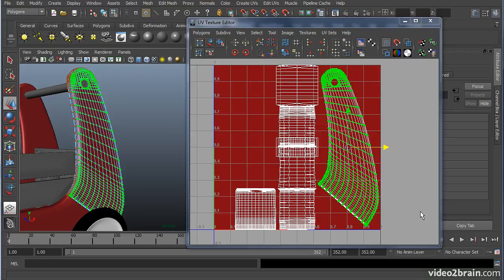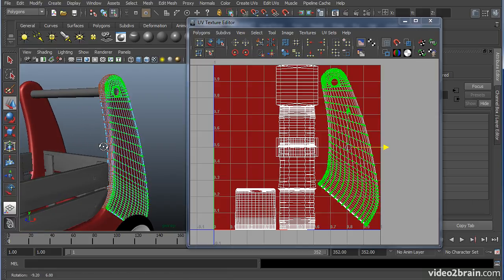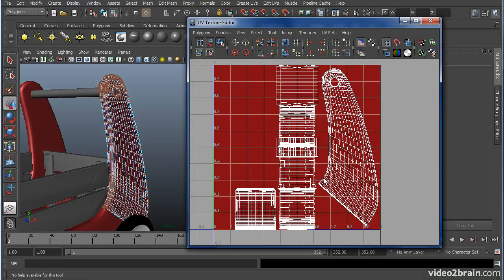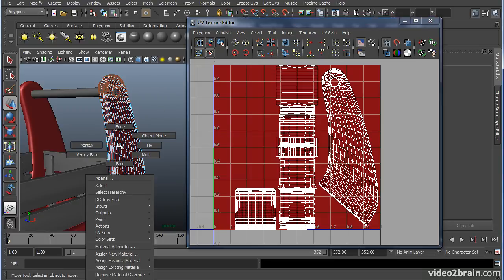In this video, we'll continue to work with UVs for the red wagon project, and we'll take the UVs that we've just created and export them into Photoshop so we can create the pinstriping that we're looking for on this object. With my UVs satisfactory, I will select the object in object mode,